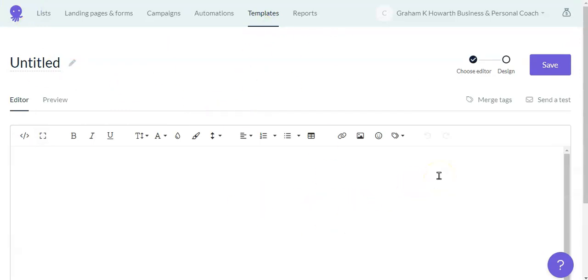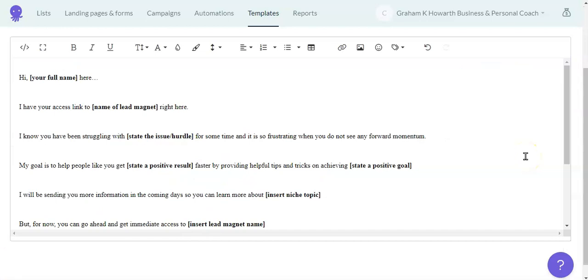I've created some text for the email template that I want to use. So rather than you watch me type in with one finger, I'll pause the video here and I'll paste that text in. Okay, so you'll see I've pasted that text in there, and what I've done is put some prompts in here so that when I come to use this template within an actual email that we want to send out, then I'll know what to put in.